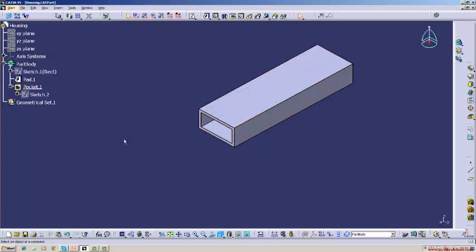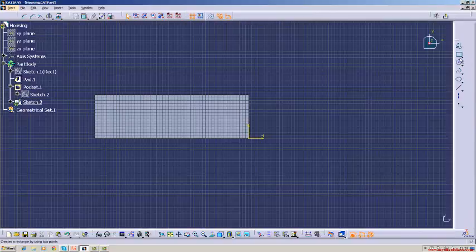So pockets, we can draw pockets anyway. Even in the top, if you want to draw some pockets, you can select Y direction. Suppose you want to pocket from the top, you want to make a hole at the top. Select the top view. Here you can draw. Suppose you want to make a hole, you can make a hole